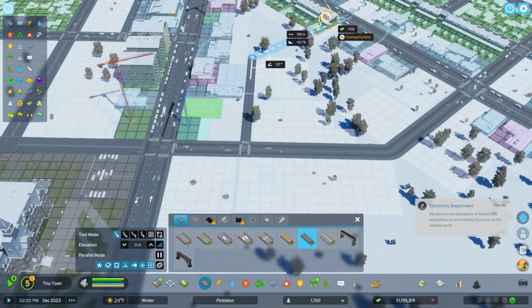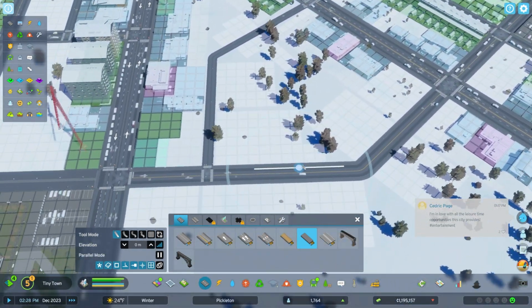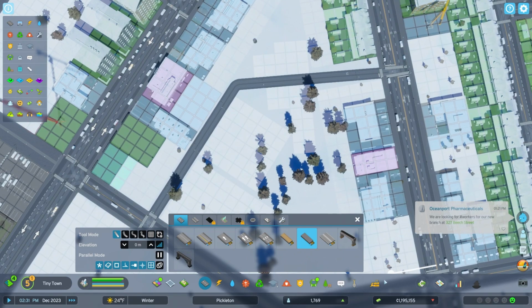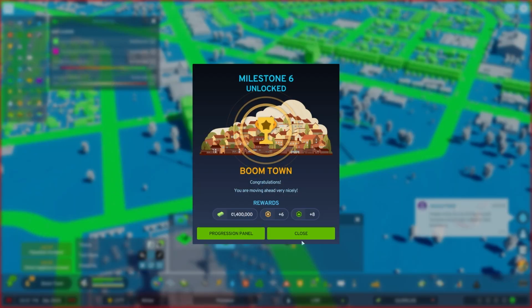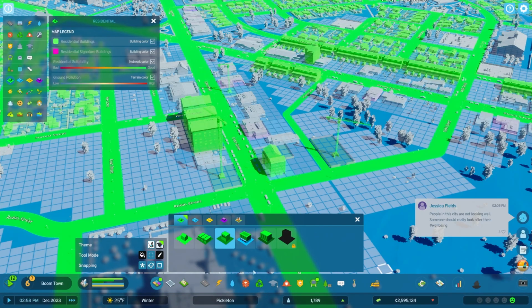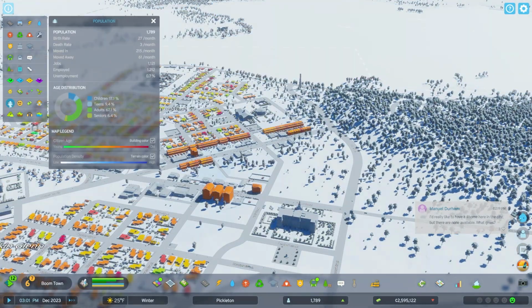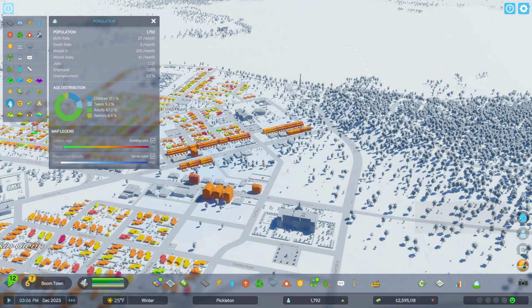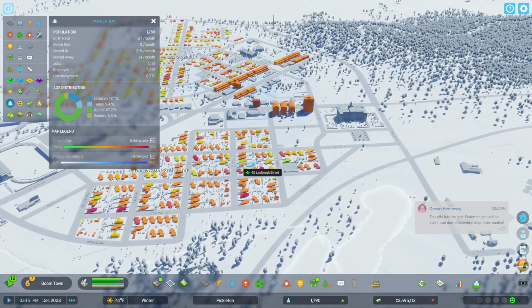So that's why I'm just gonna put a little bit in there. But for now, I think I'm just gonna go ahead and fill this area in, and I'll catch you when it's finished. And while doing that, we hit the milestone 6 of Boomtown, so we're just moving right along. And then I think if we check out our population, yes, unemployment is down to 0.7%. So that is excellent news, because that means we can kind of go crazy a little bit with our zoning